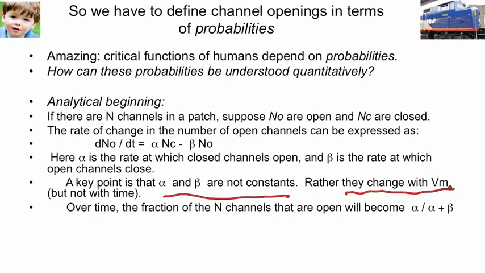We're not working on this problem quantitatively right now, but if you do work on it quantitatively, solve the differential equation for constant Vm, that is to say for alpha and beta constants, then the fraction of channels that are open will become alpha over alpha plus beta. So let me ask you, can you do that problem? Can you solve that differential equation and find what the actual solution is? If you do, you can see not only that ultimately the fraction becomes alpha over alpha plus beta, you can also see how long it takes for that to occur.